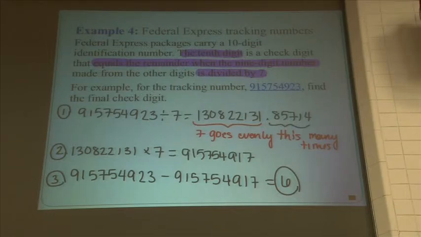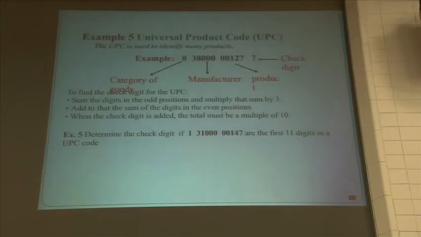Okay, so there's one version. Again, keywords on the test: if you see, find the check digit for the Federal Express package with tracking number, and so on, you do this one. Now another version. UPCs, you can use codes. Okay. There are several categories that a UPC code is broken into, right? If you look at your